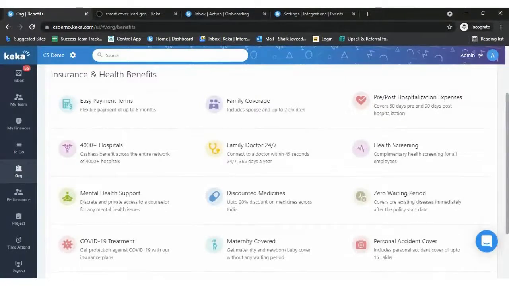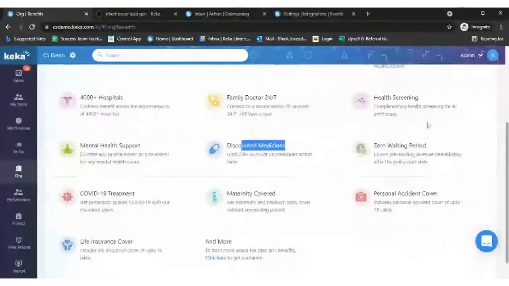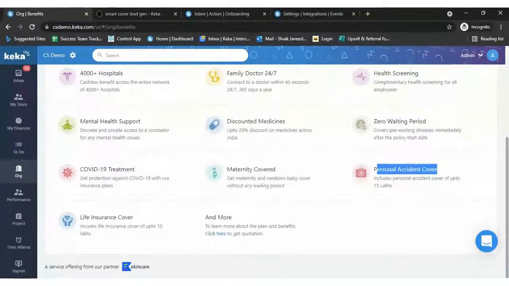You would be able to connect to a doctor within 45 seconds, and you can also have a health screening. Mental health checkup, discounted medicines, zero waiting periods, COVID-19 treatment, maternity covered, personal accident cover, and life insurance.